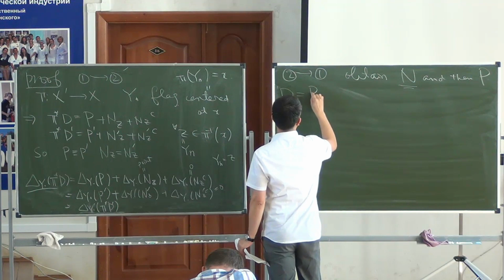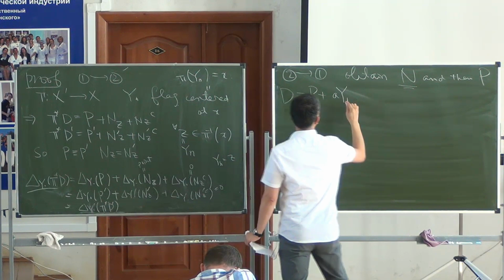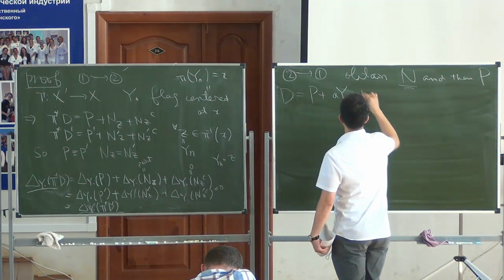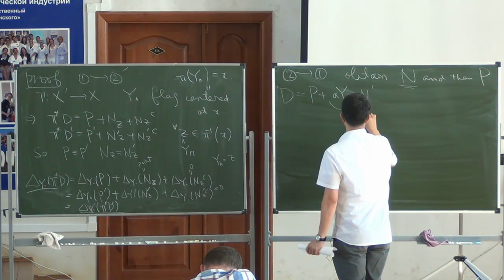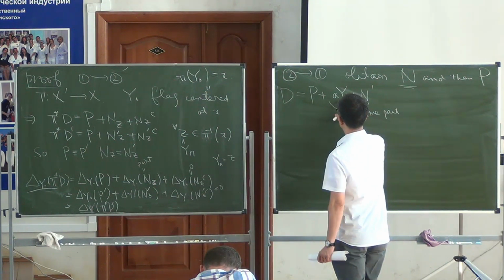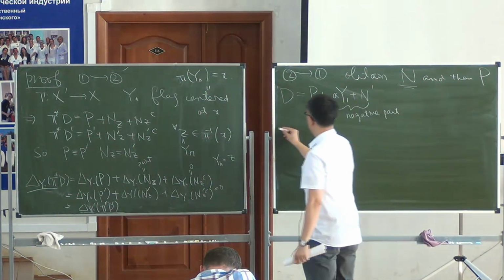Suppose you have y1 plus some negative part. So this is the negative part. And suppose you have y1 in the negative part, negative component. Okay? Then